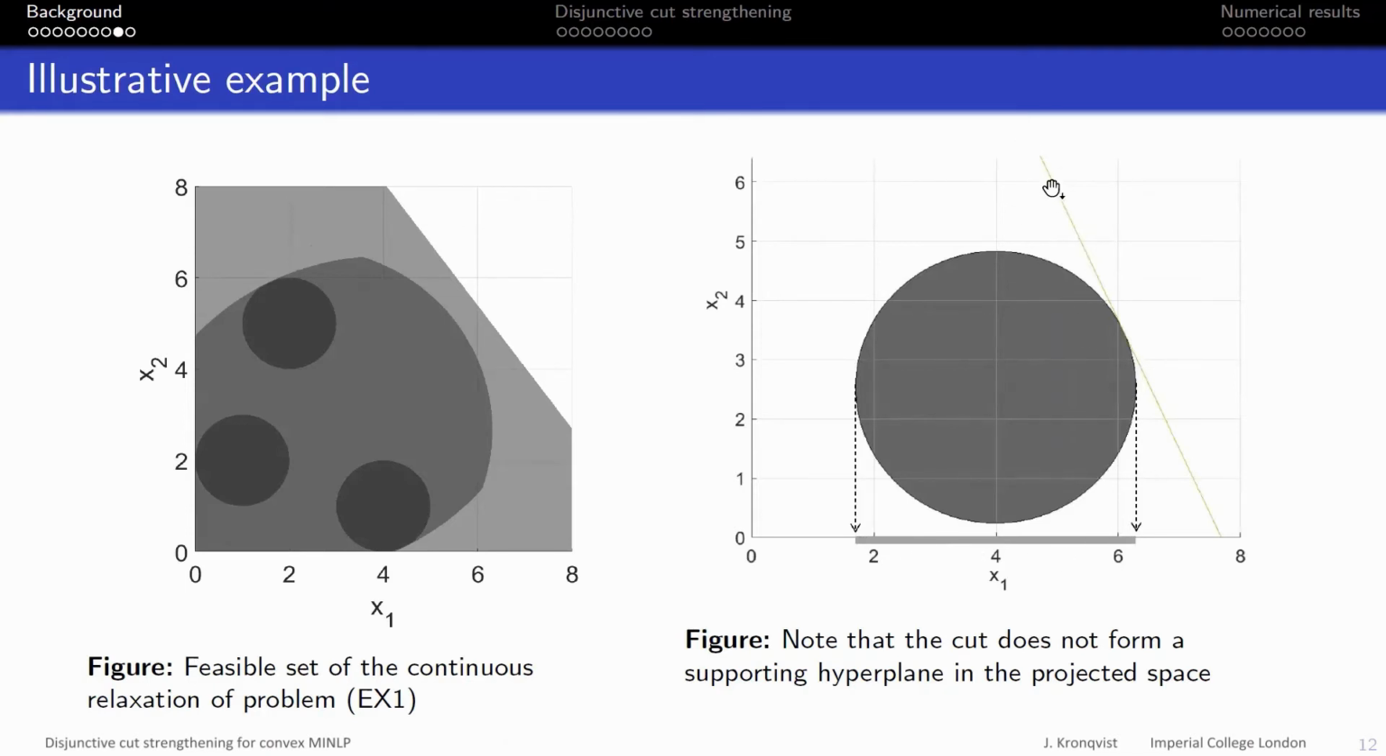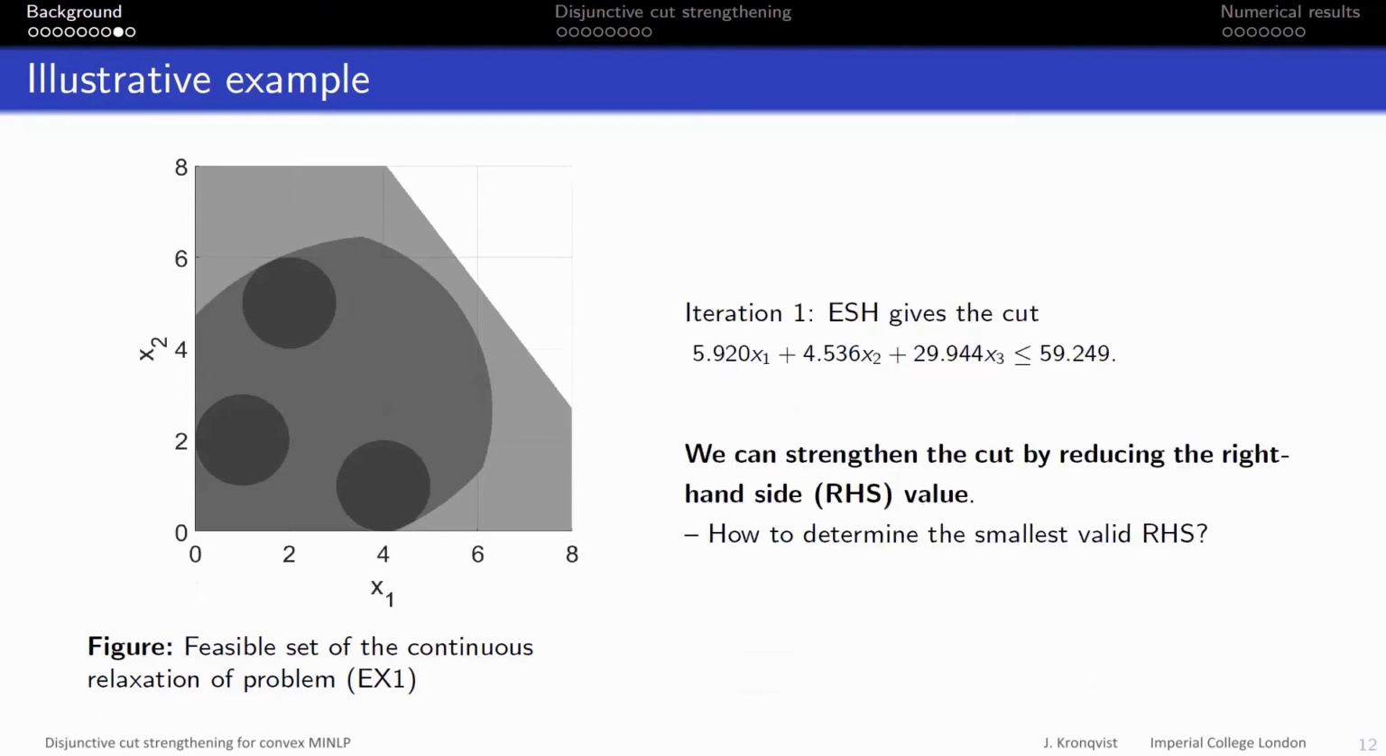This green line here represents a supporting hyperplane to the set, and as you can see, this is not a supporting hyperplane for the projected set. And this is the reason why it looks like our ESH cut is not tight. Now, by simply looking at the ESH cut, we can see that it would be possible to move the cut